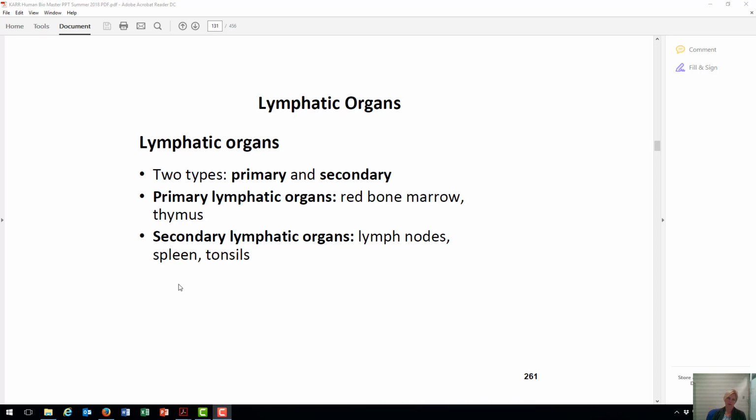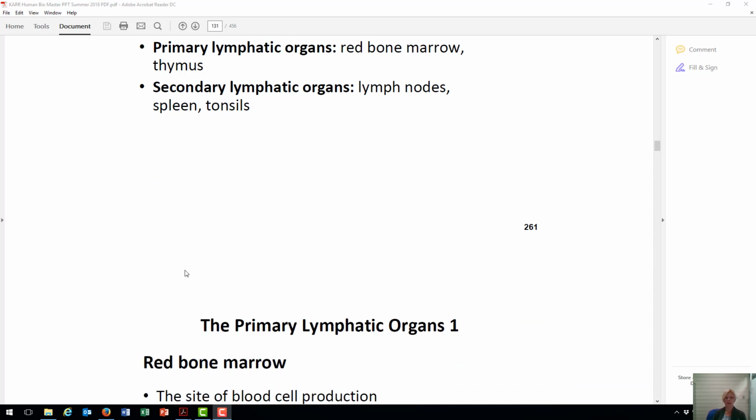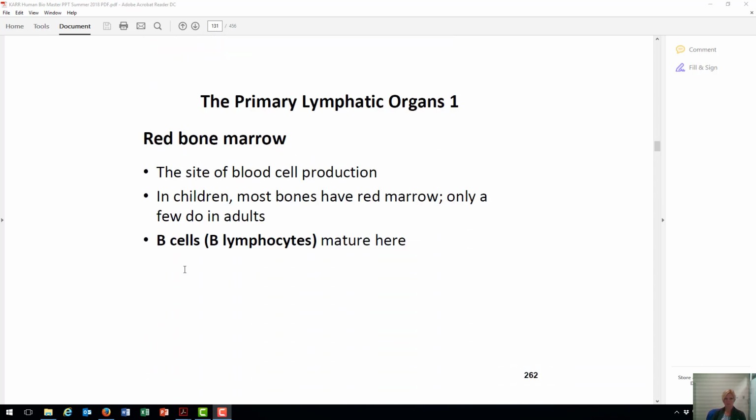And people who get in car accidents sometimes can lose their spleen because the impact of the car accident causes the spleen to burst. We can live without our spleen, but it makes us a little more prone to viral illnesses if we don't have that for protection. So looking at the primary lymphatic organs, the red bone marrow is where red and white